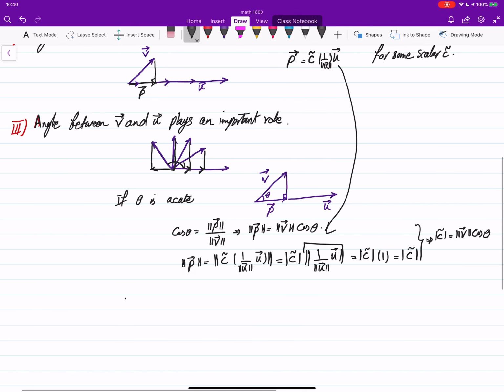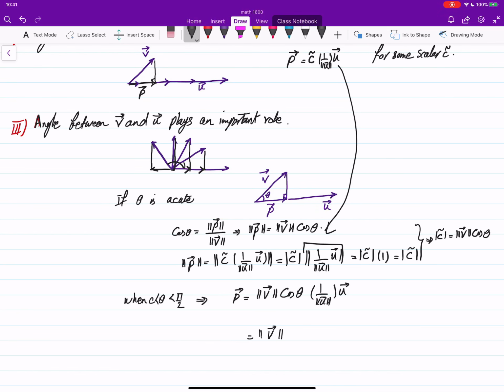At least when theta is acute, in other words, between 0 and pi over 2, then C tilde is going to be positive because P is going to be in the same direction as U. So then P is going to be exactly the length of V cosine theta times 1 over the length of U times U. Well, we have a formula for